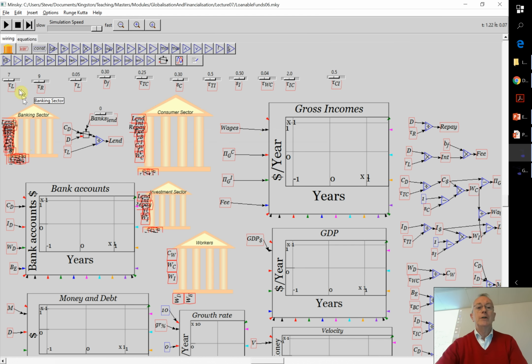So what I've done here, as you can see, I've got lending by the consumer sector, repayment by the investment sector, rate of interest on loans, bank fee, turnover. This is one thing I explained to you last week: to generate the GDP, you've got the amount of dollars in the account turning over so many times per year, which is Marx's turnover rate.